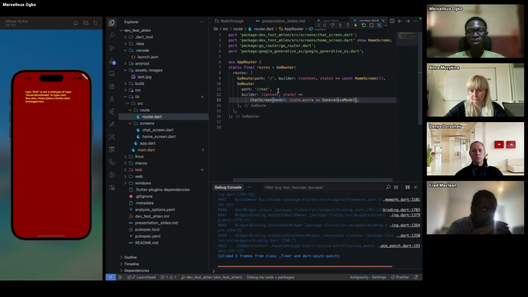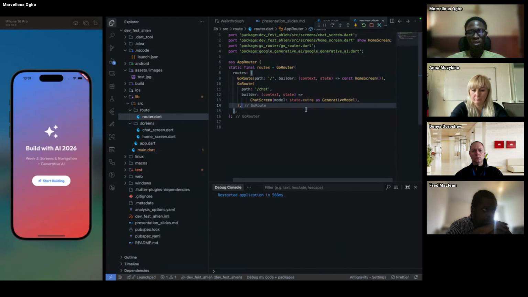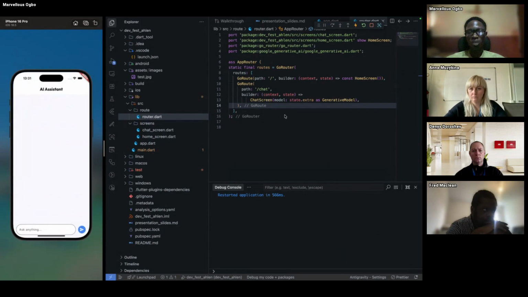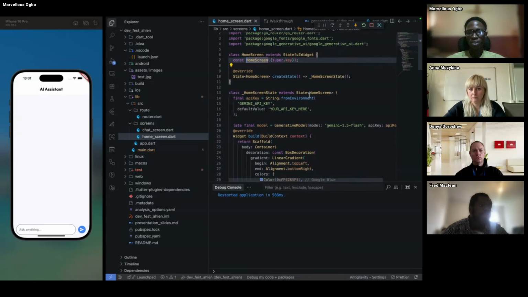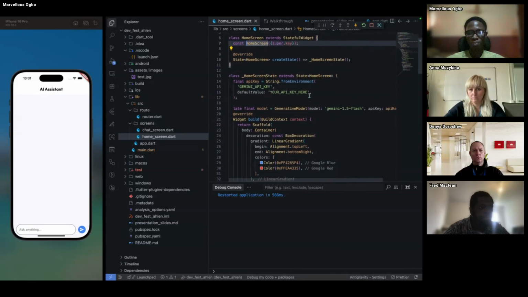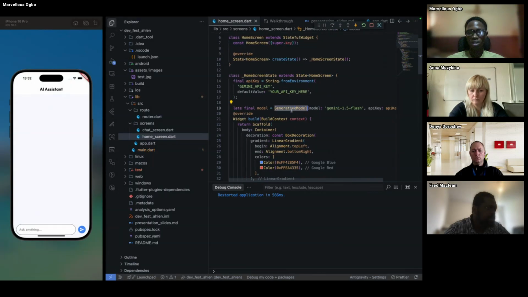So, but I hope you get a picture of what I'm trying to say. So I'm going to refresh my application again. Yeah, so we have this nice looking design, and when we click on start building, it moves to this. So after doing this, this is just the home screen, it's just a simple design. Like I said, it's a static UI, but because we're adding the generative model, it depends